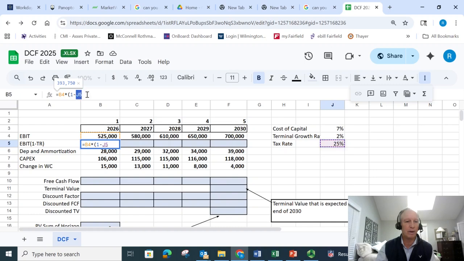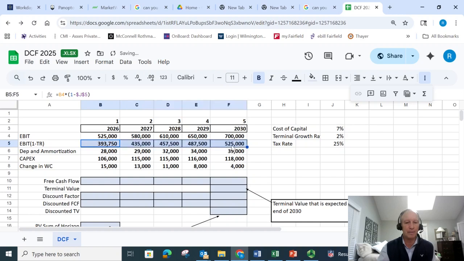Sorry, I'll do that real quick. Highlight that and hit FN F4. Now, if you're on a laptop, you hit FN F4. If you're on a station PC or station computer, you just hit F4. You hit enter, and there you go, your after-tax EBIT that year. And then we can drag this across so we have all 5 years. Okay, so this year you can see it's still referencing that same tax rate